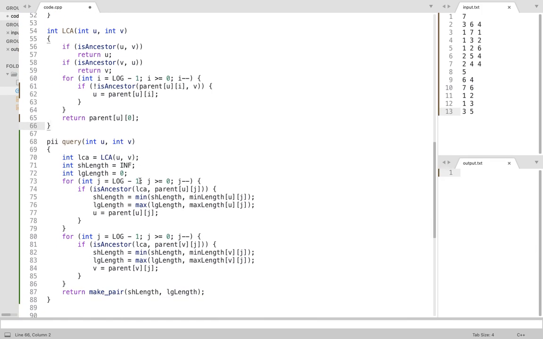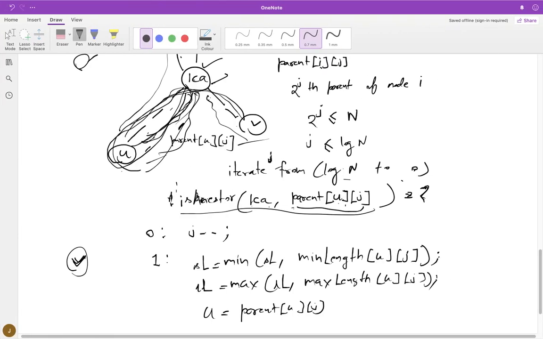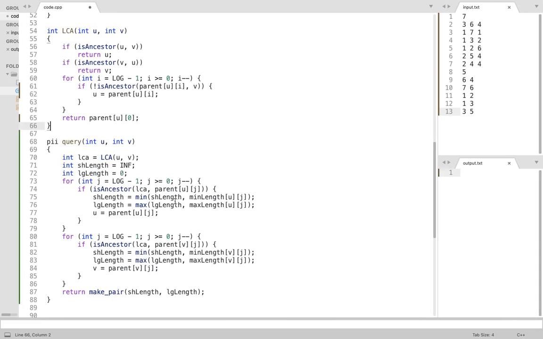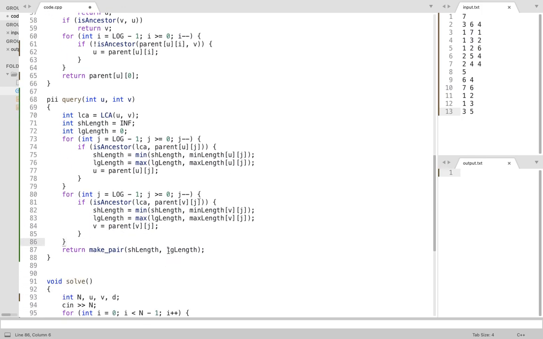If the LCA is an ancestor, that means this node lies somewhere in the path. Only then do we compare and move our pointer upwards; otherwise j simply keeps decreasing. First time we do it for u, second time for v, and at the end we return the pair of answers. So let's run this.